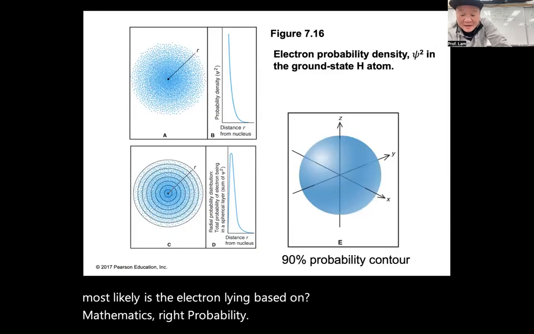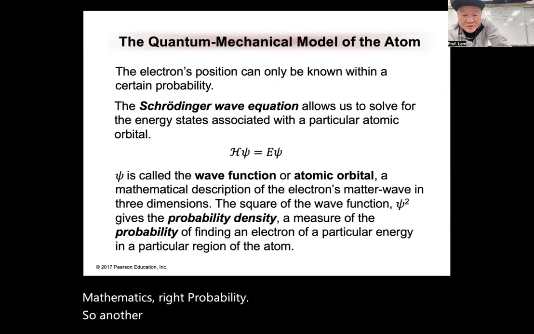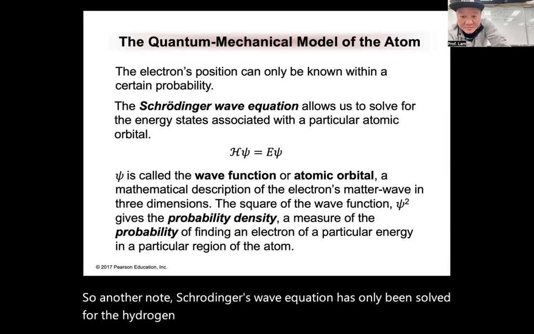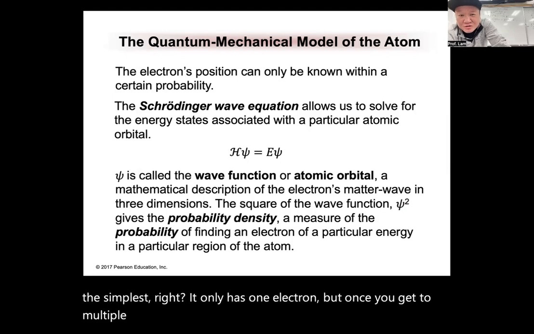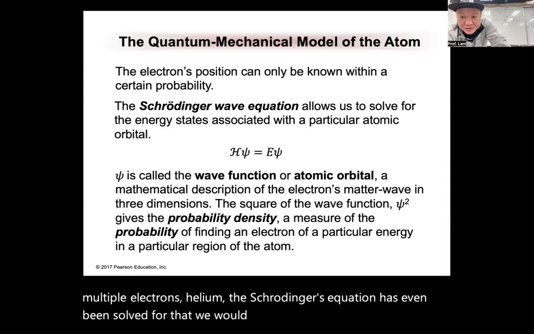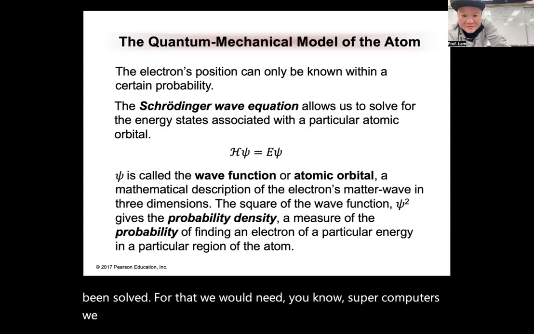So another note, Schrodinger's wave equation has only been solved for the hydrogen atom, because the hydrogen atom is the simplest, right? It only has one electron. But once you get to multiple electrons, helium, the Schrodinger's equation hasn't even been solved for that. We would need supercomputers. We would need a lot bigger computing power than we have now